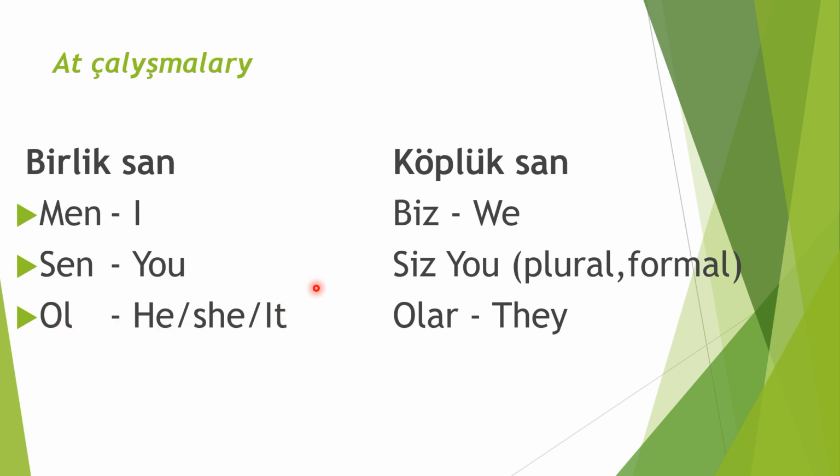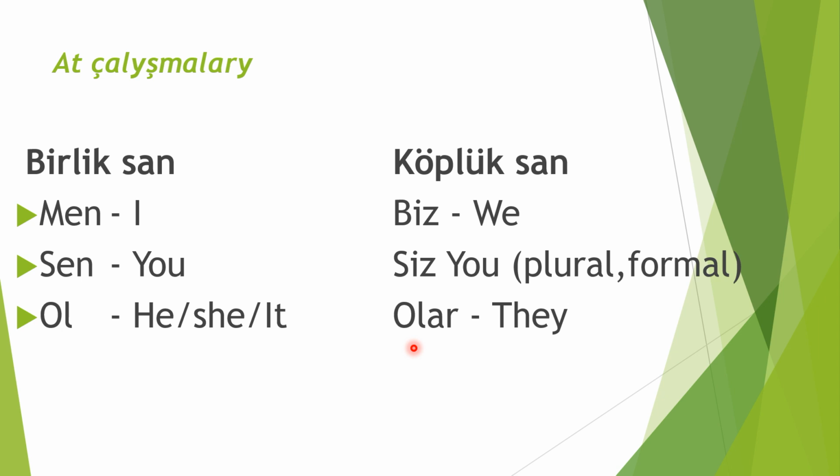In the Turkmen language we don't have genders. Ol can be feminine, masculine, and it, just like we can use it when it comes to animals, living and non-living things, and so on. Köplükten, biz, we, and siz, you, and olar. Pay attention to how I read this word. Not olar, but olar. Before we started, we had the round vowels.